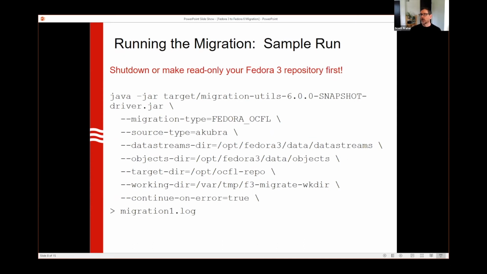And then here's a simple command line where I'm just running the jar and I'm saying that the migration type is going to OCFL and being made ready for Fedora 6. My source is in the Akubra file system. Here's where my data streams are at. Here's where my objects are at. I have my target directory, which will be the OCFL repo, and the repo will actually go in the subdirectory under there,